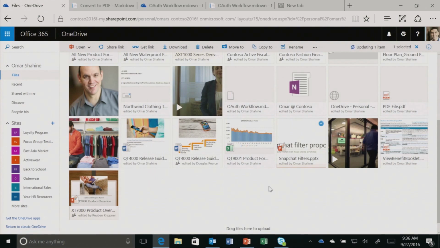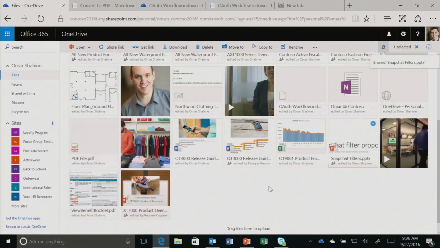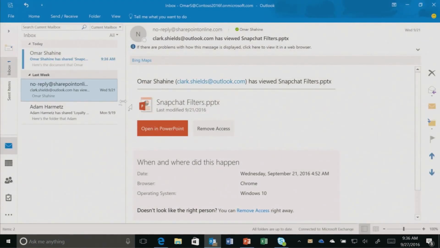Now, Clark is outside my company, as I mentioned. And one of the things we recently added is an email notification that I'm going to receive when Clark accesses that content. We think it's really important that people inside an organization sharing with people outside an organization know and understand when that content has been accessed. So when I go over here to Outlook,